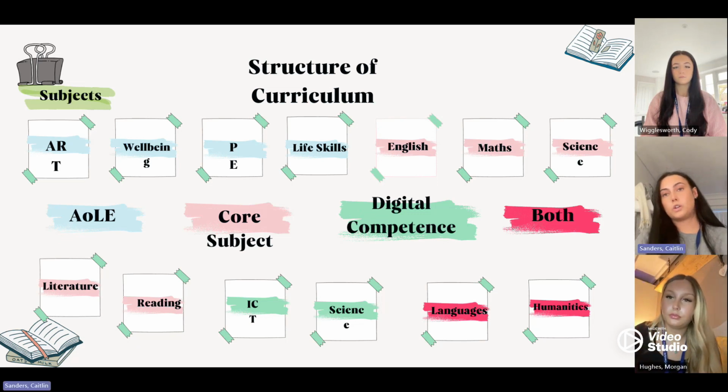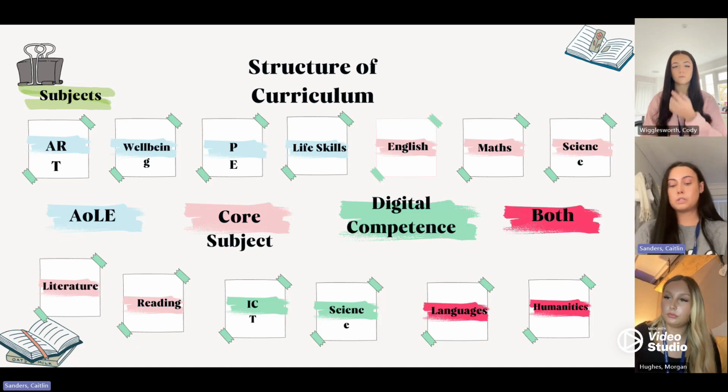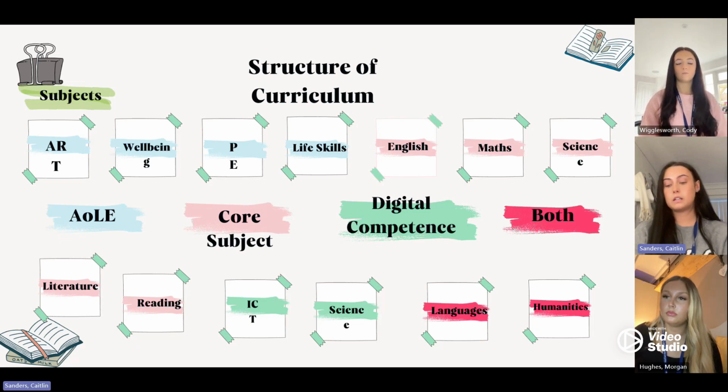Core subjects include English, maths, literature, reading and science. Science can also be included in digital competence as it is related to technology skills, such as using a graph to summarize data. Core subject lessons could be to write a passage of text in English in a story form to work on grammar, which can also be linked to reading as inspiration for said story. Also, maths can be used to learn times tables, shapes, time, money, etc.